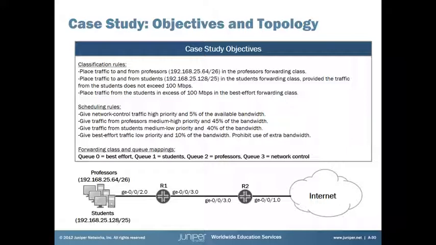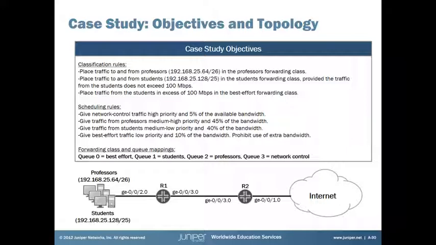traffic to and from the student's subnet in the student's forwarding class, provided the traffic does not exceed 100 megabits per second, and place traffic from the students in excess of 100 megabits per second in the best effort forwarding class. And then we have some scheduling rules, which are to give network control traffic high priority and 5% of